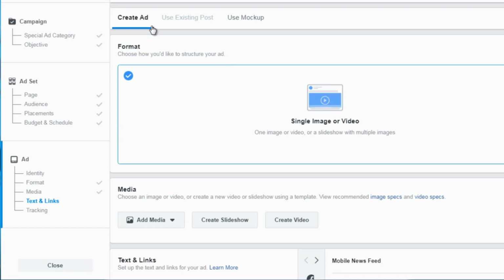Now, you can also create an ad just to test different images, separately from your post, by simply adding the images here, and then down here, adding the text and adding the links. Remember, because we are simply sending people to images with quotes on them, the text that you might want to add is something like, hey,